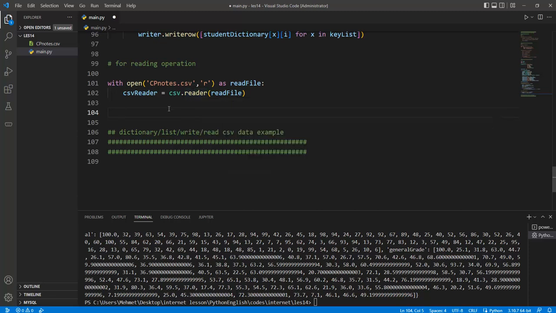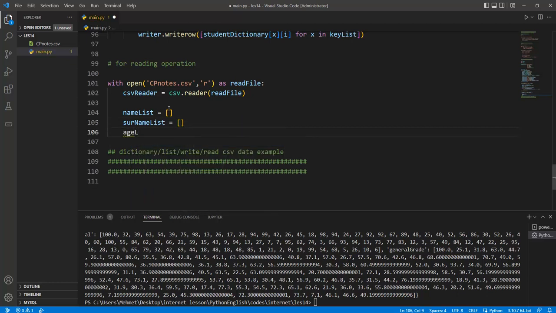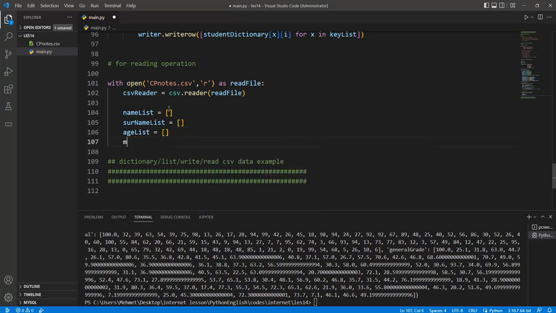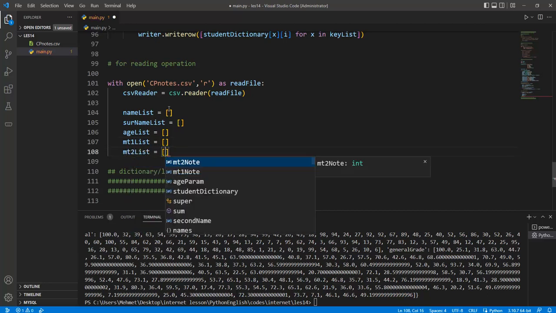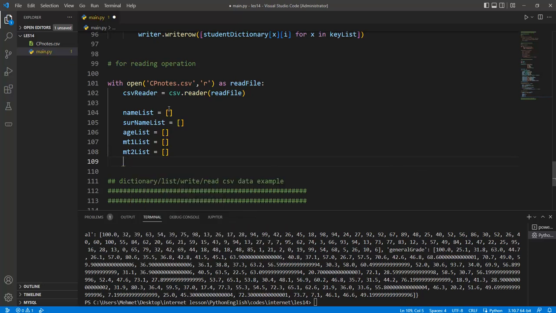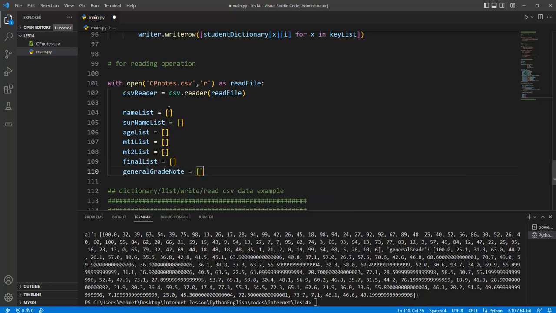Okay, and so we need to create the name list like this one, surname list like this one, age list, and MT1 list, MT2 list, and final list, and general grade notes. Okay,